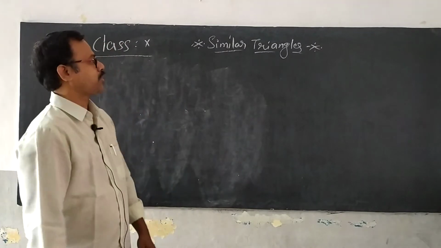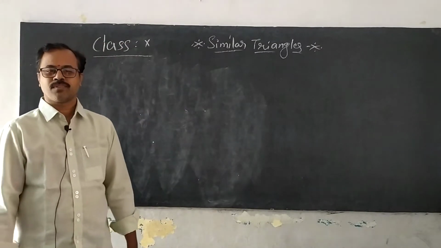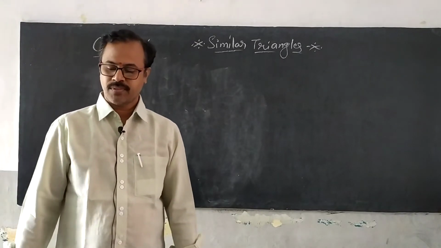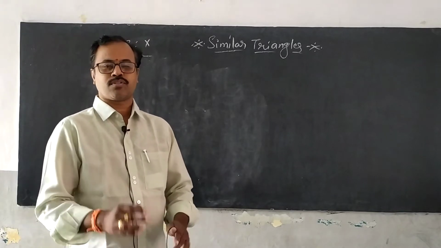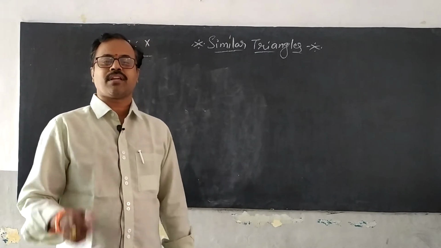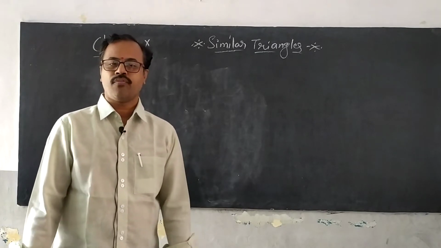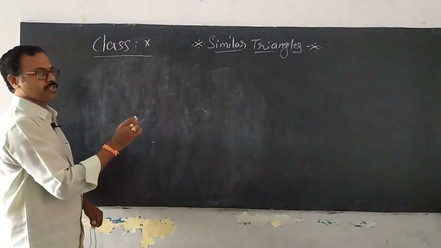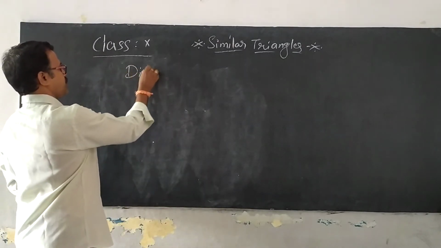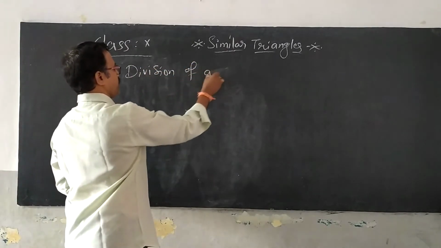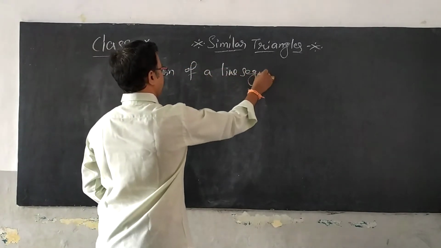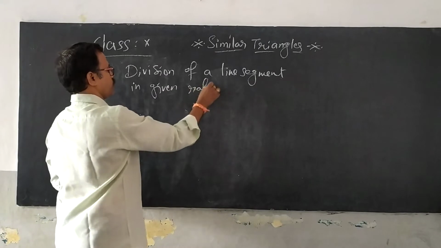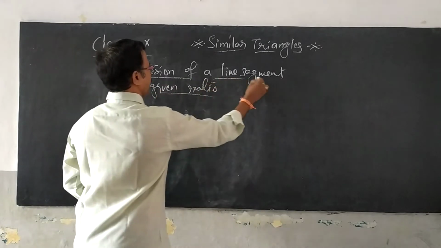Right, we are talking about the topic similar triangles, and in exercise 8.1 we completed 8 questions. Okay guys, right now we are going to see the last question of 8.1, which is nothing but a construction: division of a line segment in a given ratio. Now to go to the 9th question, first of all we do this construction, division of a line segment in a given ratio. Okay, you keep the side heading.